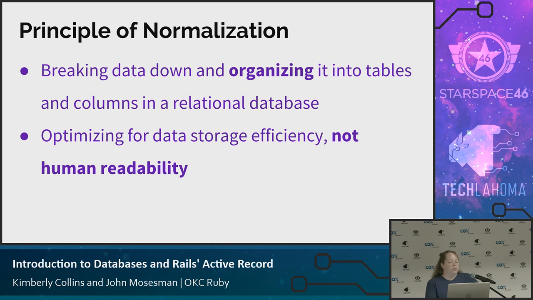And the idea is that we're doing this to optimize for data storage efficiency, not human readability. So I think one concern that people have when they look at a normalized system is, this doesn't make a lot of sense to me. Well, it's not for you. So if you're coming to this from a JSON mindset where you have an object, any object system, you have sort of everything you need about the object just right there, and this is the opposite of that. So we're breaking data down across multiple tables for data storage reasons, and that makes it less human readable, but we'll get more into that.